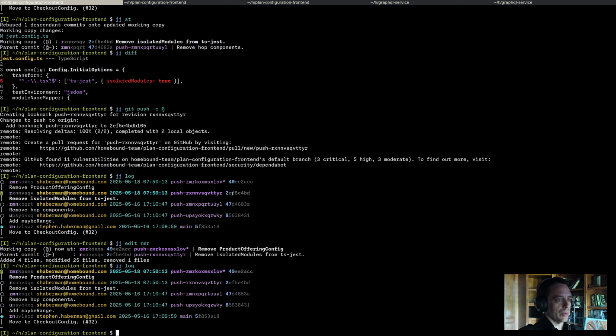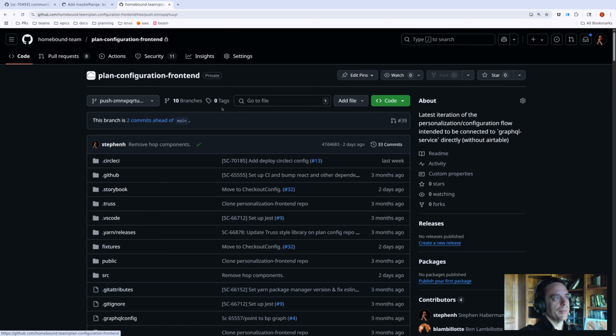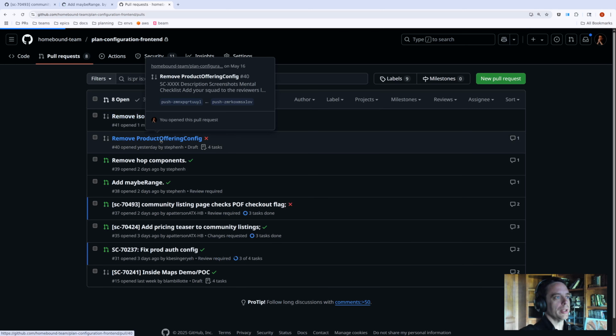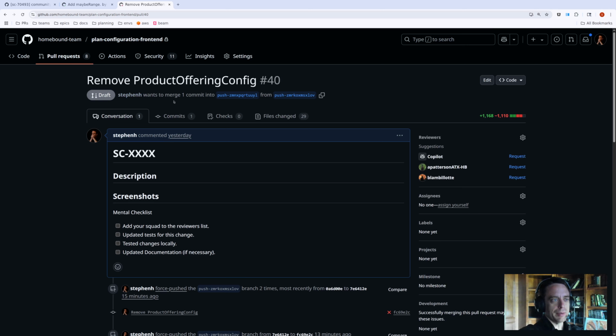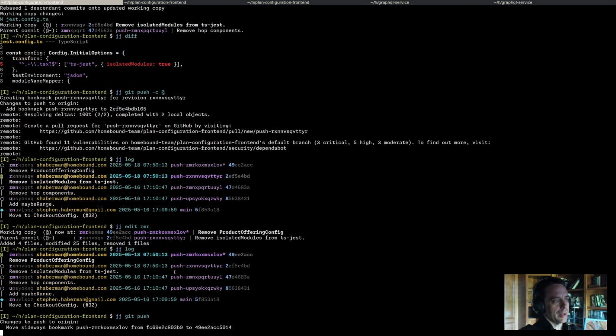You'll see real quick. When I did this JJ log, there's this little asterisk, which is just telling me that I've got local changes that have not been pushed up to the PR. In this case, the only local change is that it comes after this guy. So if I go over here to my PR that is the remove offering config, it doesn't technically have this TS change, which it's not supposed to, but it's not based on top of it, right? And so that's telling me I just have changes to push up. So I'll do that,